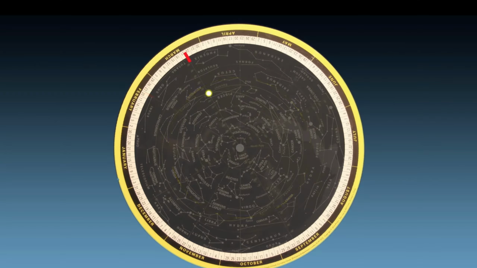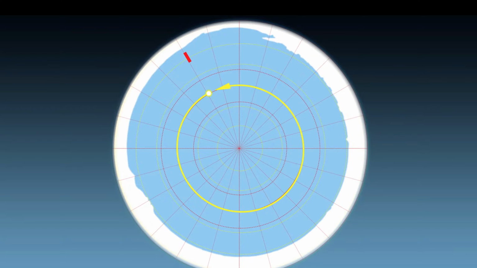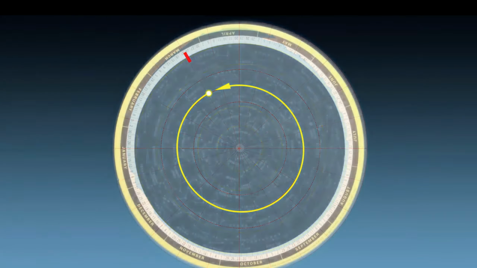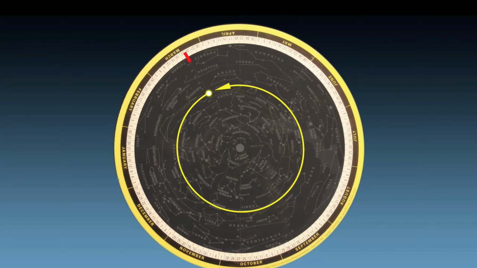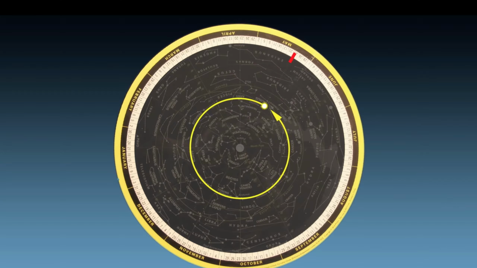By March 22nd, it's heading into Pisces, and you'll see that as the sky rotates that day, the path of the sun is above the equator, the spring equinox. It continues along the ecliptic, so that by the middle of April, it's entering into Aries, and describes this path above the Earth. By the middle of May, it's in Taurus and describes this path,